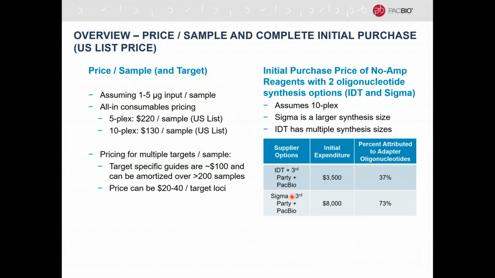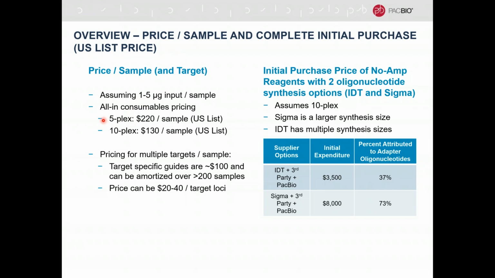So what does it cost? If you're assuming we're starting with 1 to 5 micrograms of input, these are typical recommendations. And as Jenny alluded to, if you have some poor quality genomic DNA, you might want to up this to 5 or maybe a little bit higher. And that might mean you do 2 of the sample prep reactions instead of just 1, or just doubling the volume. But assuming you're in this 1 to 5 microgram range,